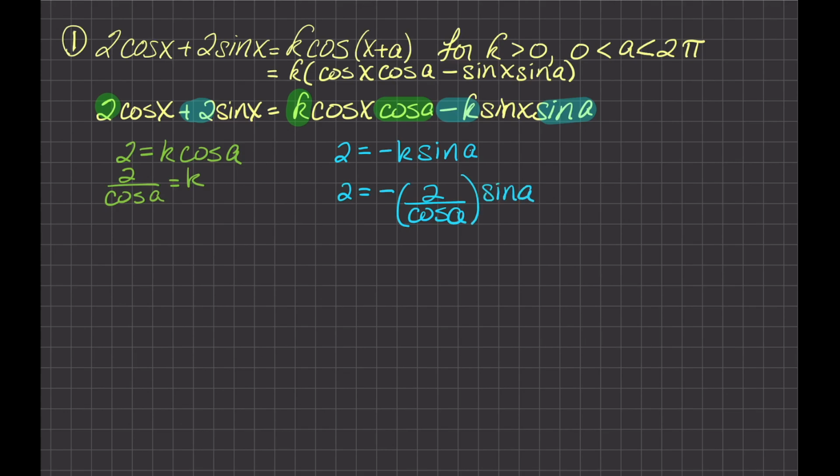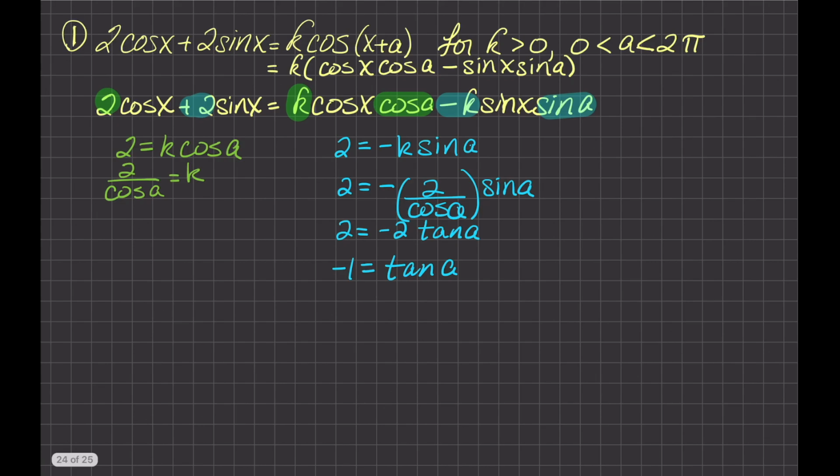Oh, well, okay, so now we've got 2 is equal to negative 2 times the sine of A over the cosine of A, which is the tangent of A. Dividing both sides by 2, we have negative 1 is equal to the tangent of A. Doing the inverse trig function, we have arctan of negative 1, which is equal to A. Remembering that tangent can be negative in quadrant 2 or quadrant 4, we're looking at A as a possible value of either 3 pi over 4